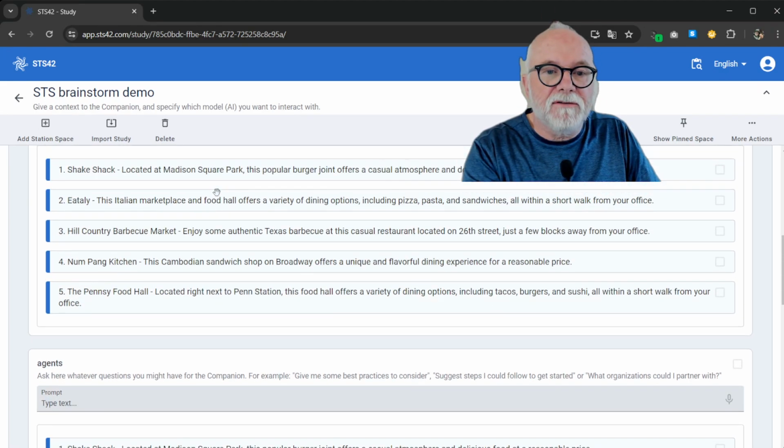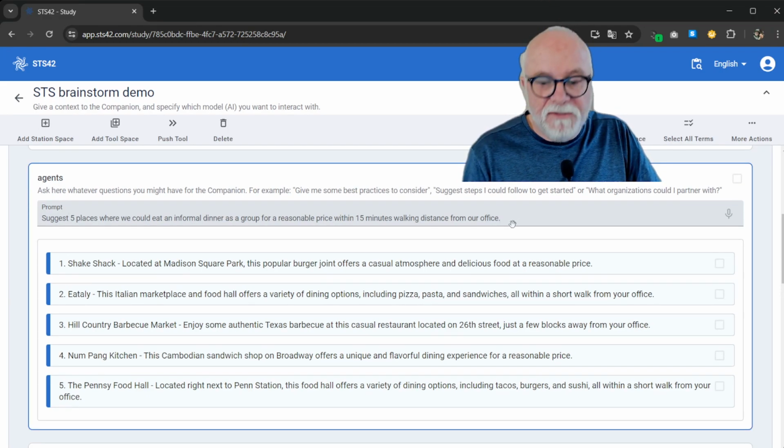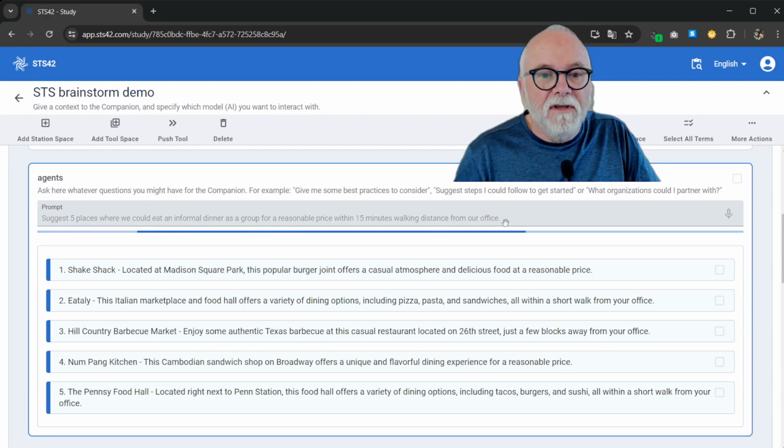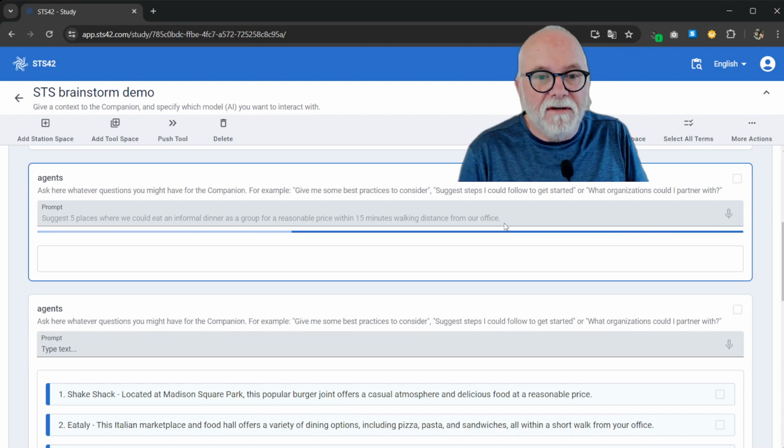So now I'm going to go back up to the top, and I'm going to click in the gray space where the prompt is. I'm going to hit enter. And now instead of using ChatGPT 3.5, I'm going to be using 4. The list disappears, and now